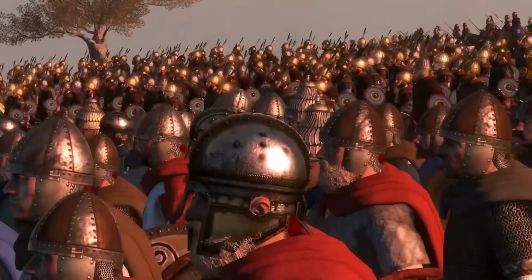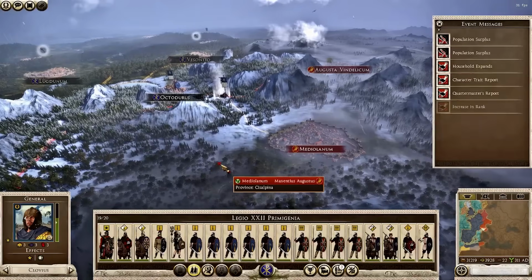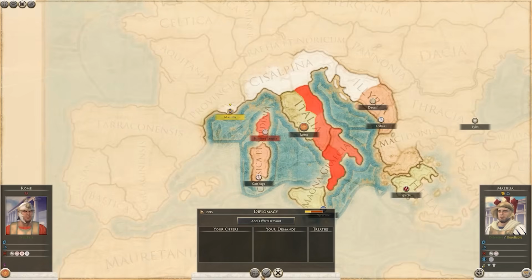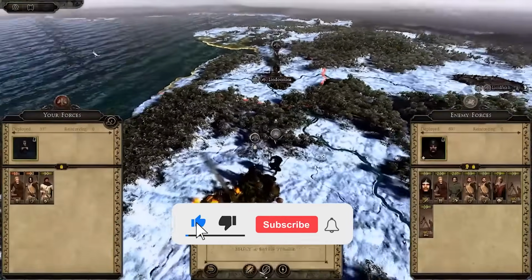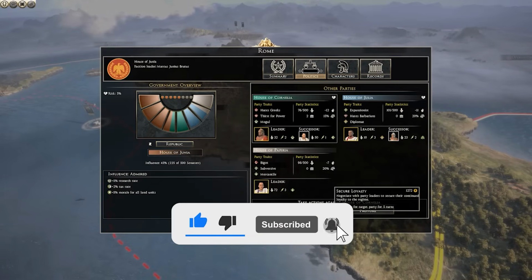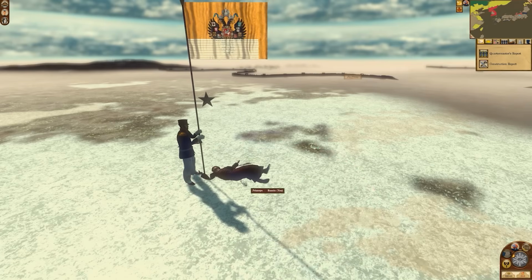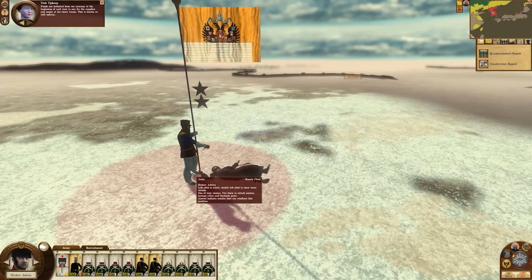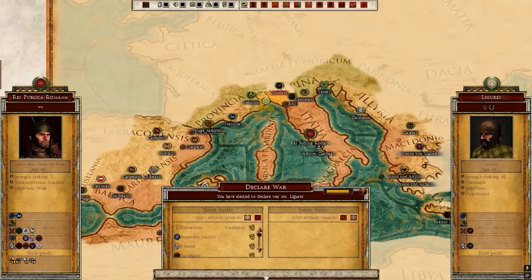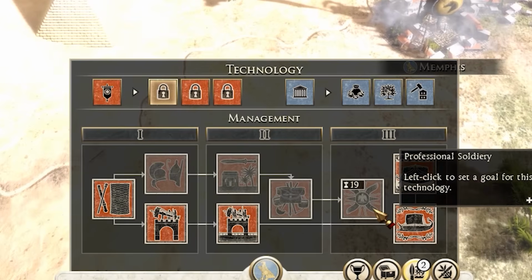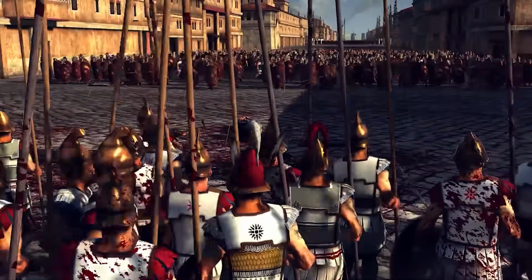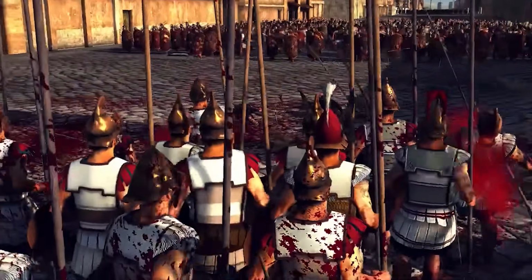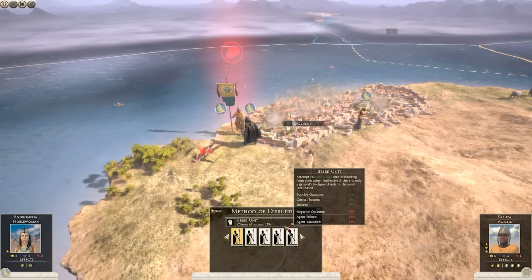One of the clearest shifts in design philosophy has been how CA frames campaign gameplay. In the older historical games, factions were defined by their place in history. Rome was Rome, Carthage was Carthage, Sparta was Sparta, not because of individual characters at the helm, but because of the cultural, political, and geographic identity of the people. The player's role was to step into the shoes of an entire civilization, managing it across centuries, guiding it through war, diplomacy, trade, and cultural development. The sense of immersion came not from role-playing one leader's story, but from the weight of history itself and the open-ended choices you could make.